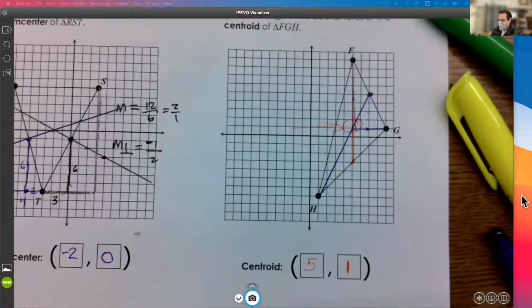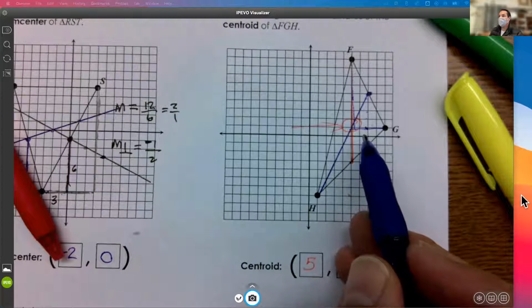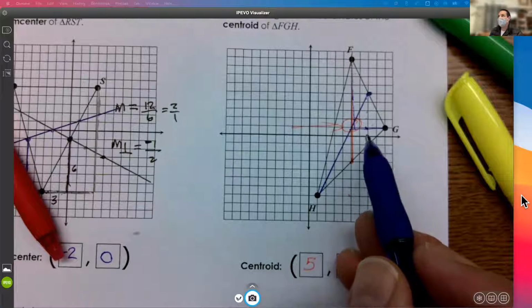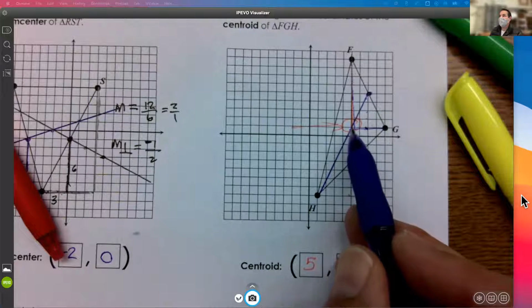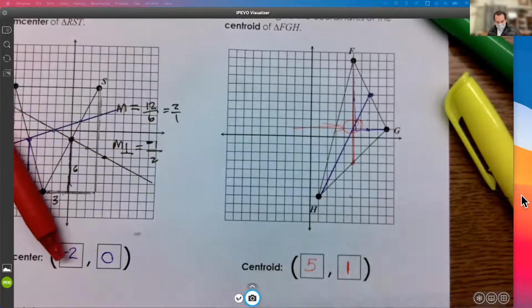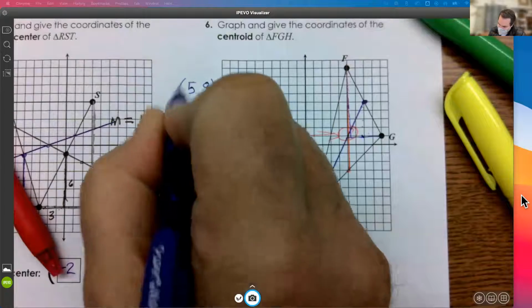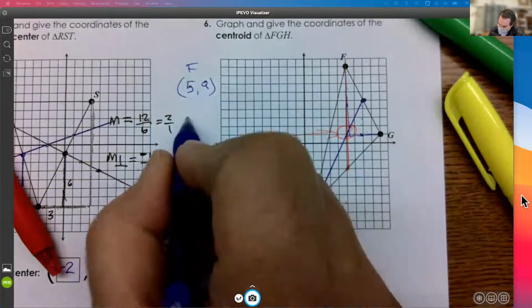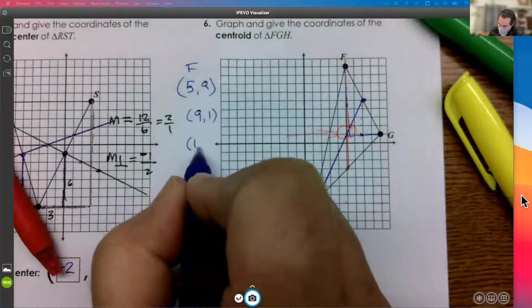Now it turns out that centroids have a really cool property. You know how we're talking about 4 different centers? The centroid, the incenter, the circumcenter, and the orthocenter. In my mind, this is really the true center, because it's the center of gravity. And it turns out that if you were to take each of the coordinates we're talking about here, in other words, this point F is (5, 9), this point G is (9, 1), and this point H is (1, -7),